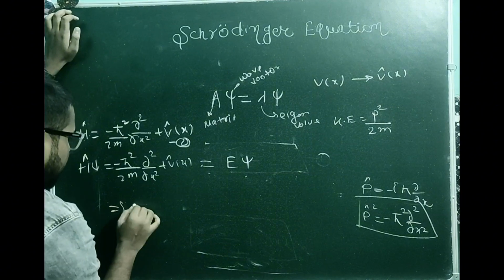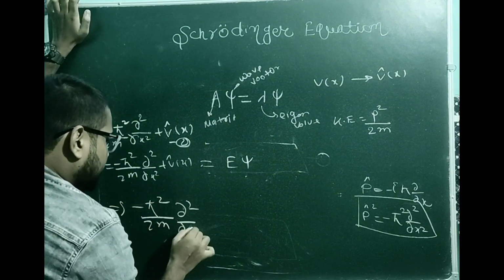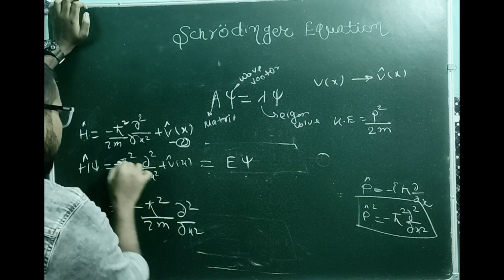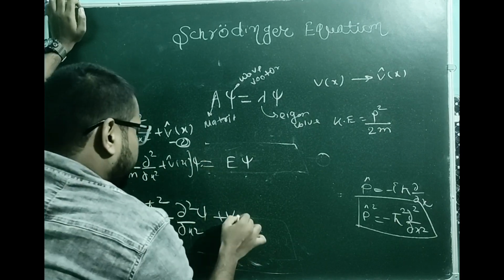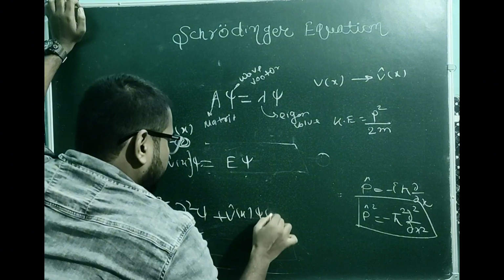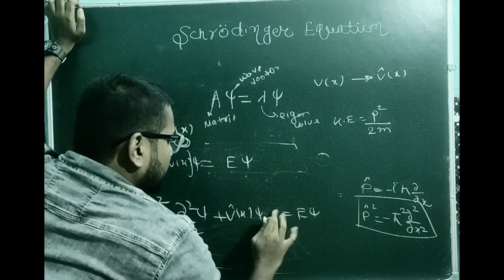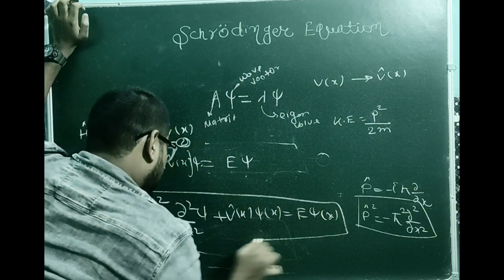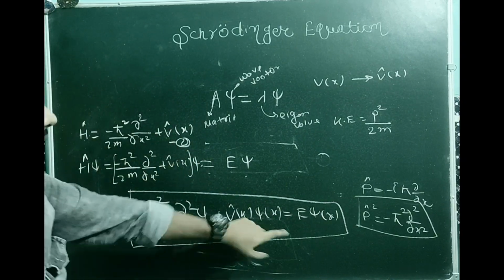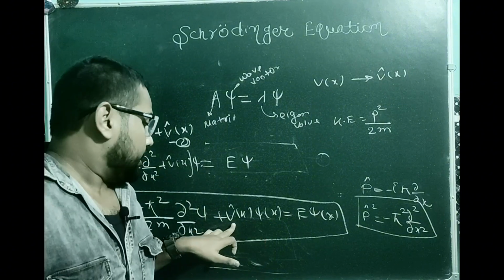तो इसका मतलब है कि हम लिख सकते हैं माइनस h स्क्वायर अपॉन 2m del स्क्वायर ओवर del x स्क्वायर। जब इसका साइन ऑपरेट करेंगे तो कैसा आएगा? ऐसे साइन प्लस v ऑफ x into psi of x into psi, इसको इससे डालो कैसे इससे इसे x हो जाएगा वन डायमेंशन का। ये क्या हो गया? ये श्रोडिंगर इक्वेशन हो गया फॉर वन डायमेंशन। कब जनरल पोटेंशियल जो है टाइम इंडिपेंडेंट है।